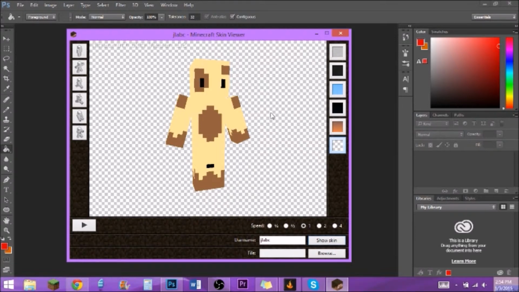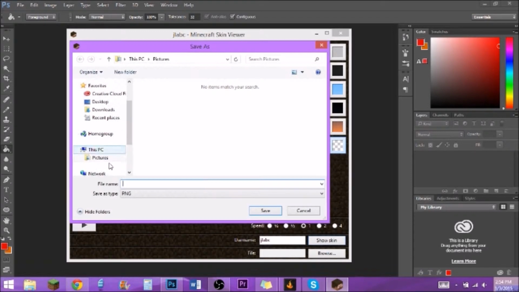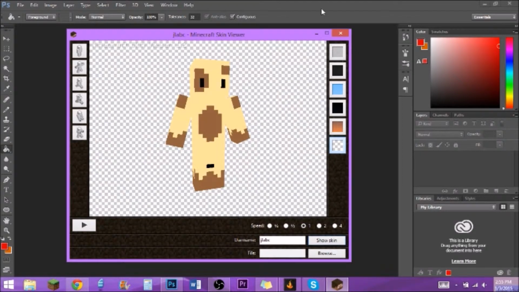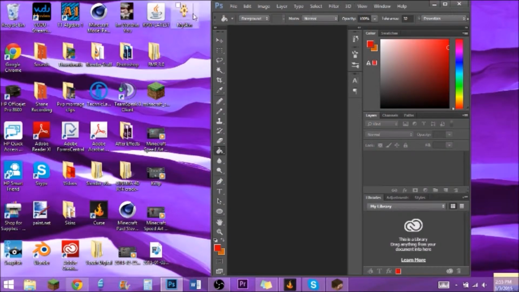So now once you get his position all good, I'm going to right click on the picture, hit save image as, and I'm just going to save it to my desktop because that's where I usually save stuff. I'm just going to name it my skin because this will be used for my skin. Now just keep in mind that this will be a tutorial for